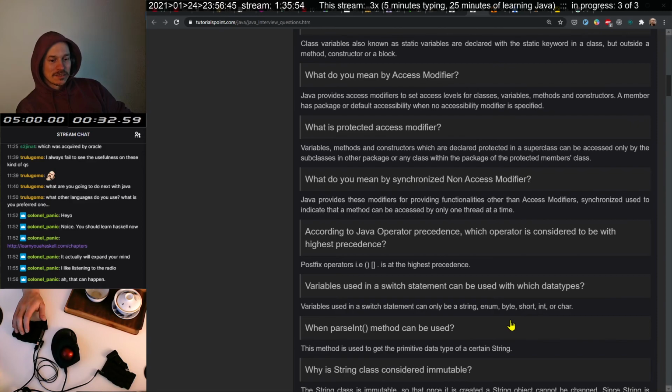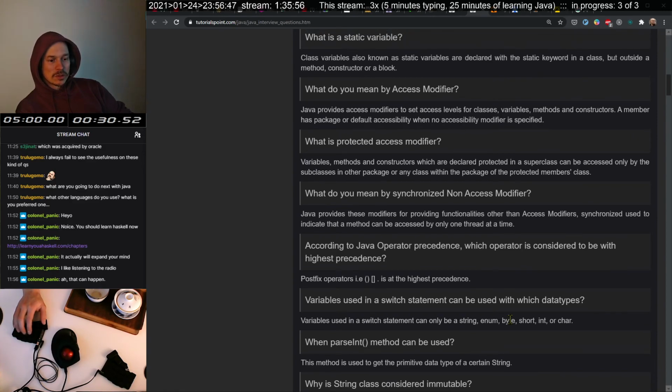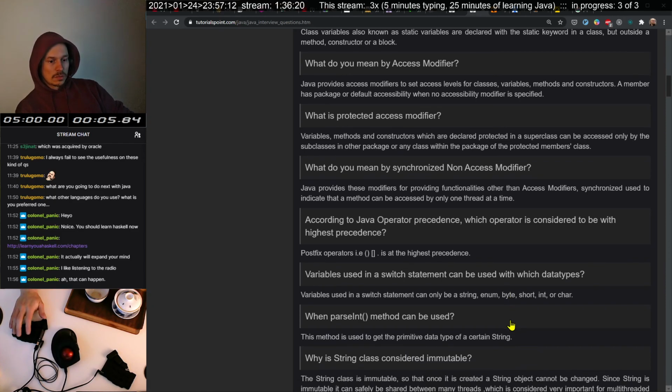Okay. Why is string considered immutable? Well, because it is, and by that I mean that if you do any modification to a string, what really happens behind it, the Java machine will take that string, shove it to someone else, and create a new one.